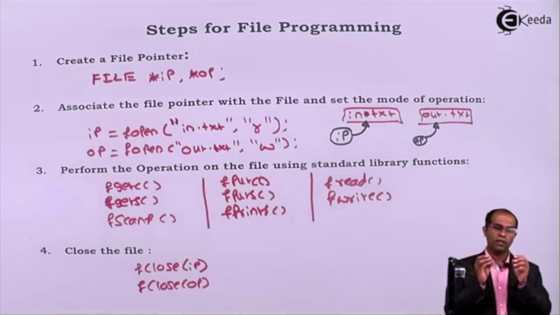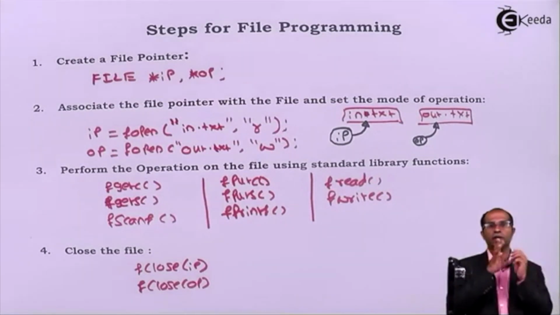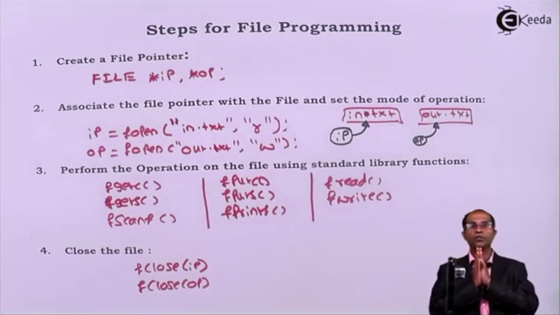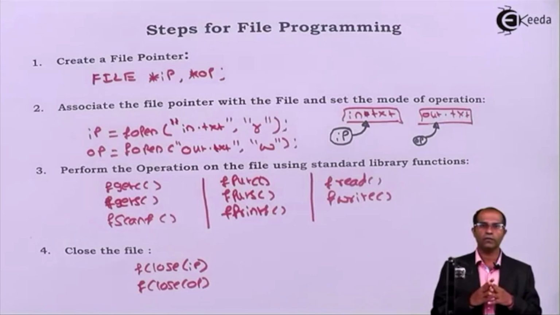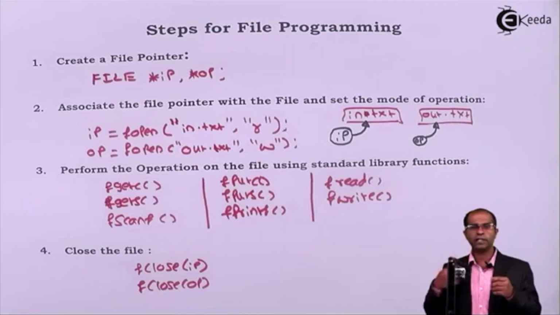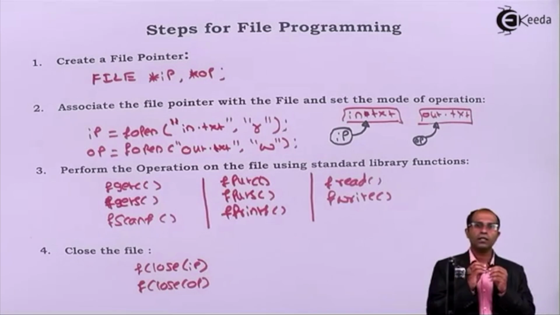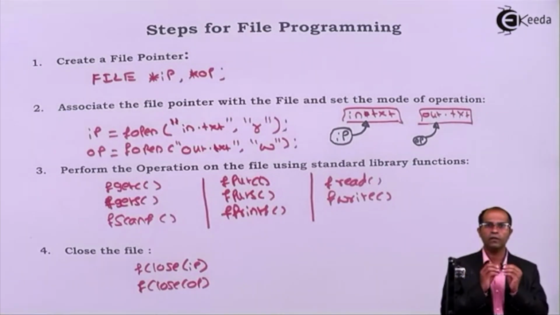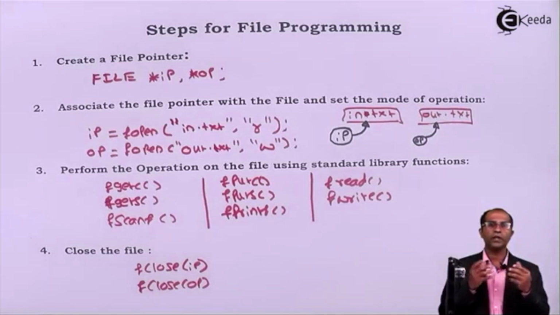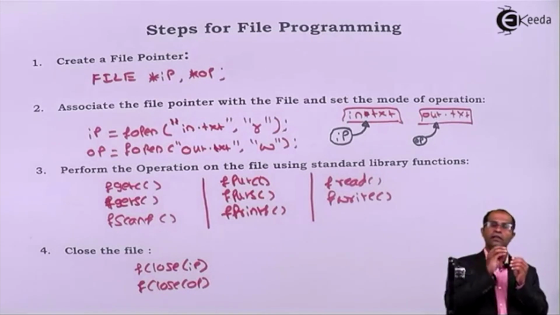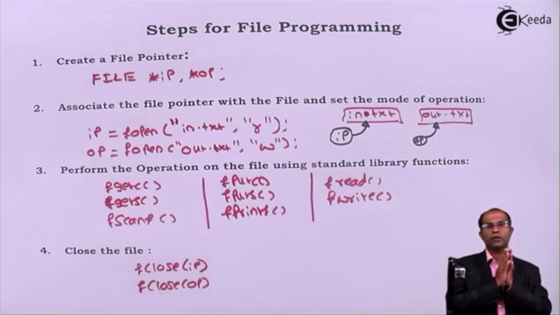Once a file is opened successfully, your pointer will receive the address. If the operation of opening or creating the file is unsuccessful, the pointer will have a null value. So before you proceed to the next step, you should always check the contents of this pointer. If the pointer is null, then there is no point in continuing with the remaining steps. Because even if you carry out the remaining steps, they are all obsolete because the read and write doesn't happen. Right? Okay. So once the operation is successful, they get the address, and once the address is allocated to the pointers,